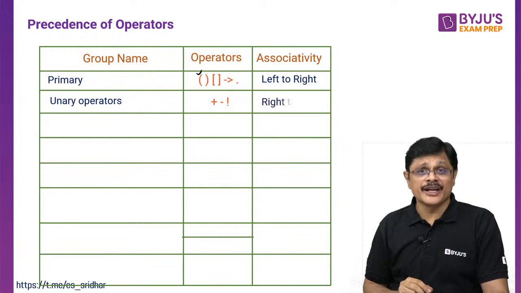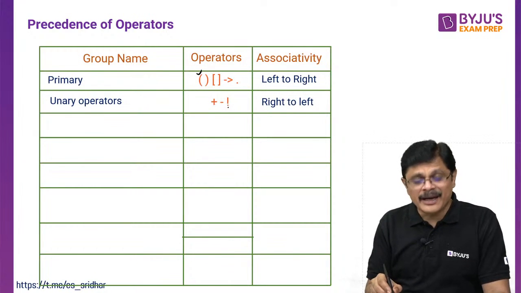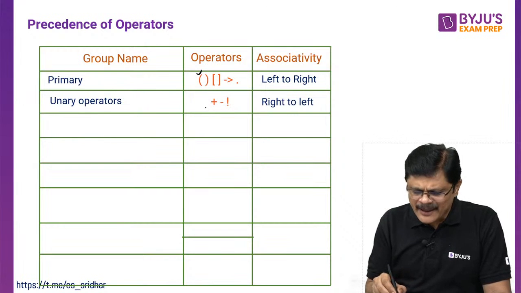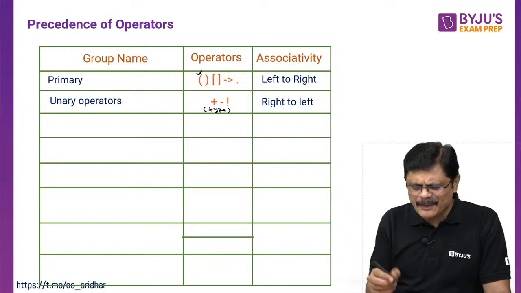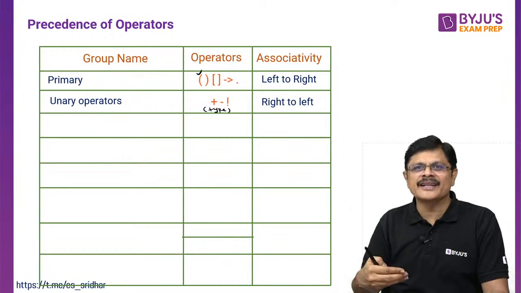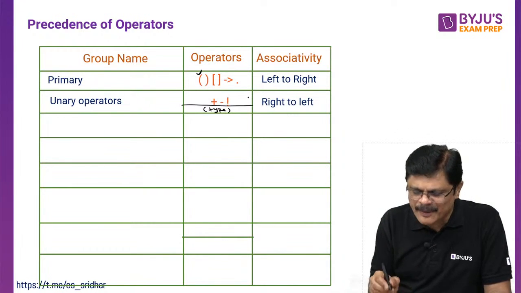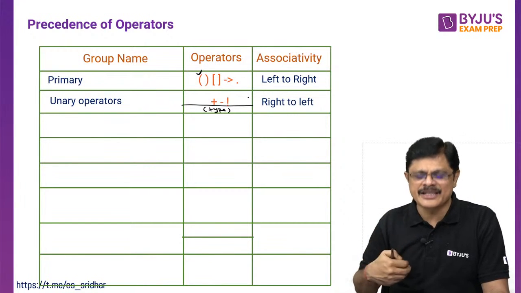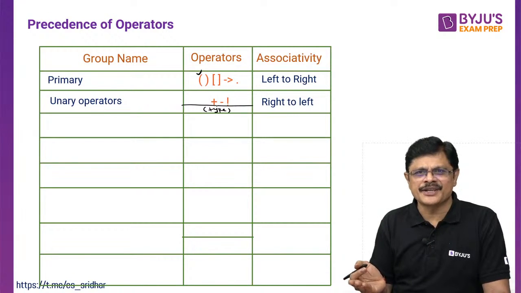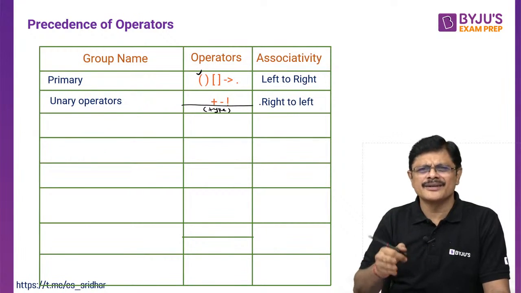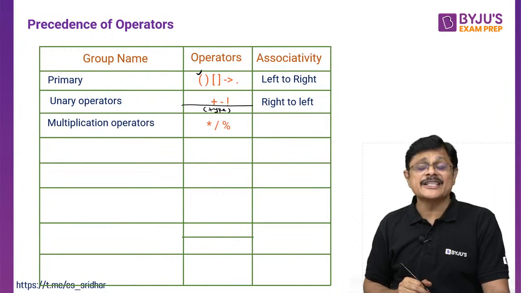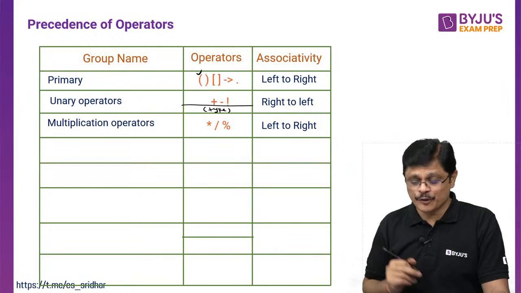Next one is unary: unary plus, unary minus, and logical not. Okay. Actually, the typecasting we did also comes under this. Some people put typecasting at a lower grade than this unary operator, sir. Some people consider it as having less precedence than this. And this one has left to right associativity, they mention. They mention this one separately, but typecasting generally will not trouble us, so we ignore that part. Am I clear? Next one is multiplication operators. They are left to right associative.